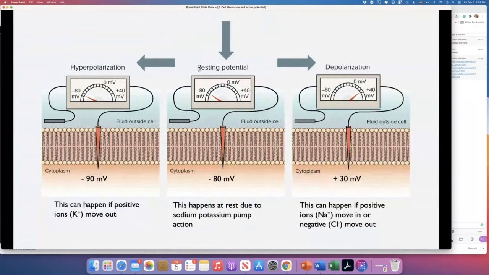And here we have a classic representation of how we measure the potentials in the cells. In the center we have the resting potential, resting membrane potential. Notice that here we have two electrodes. One electrode is inside the cell, in the cytoplasm, and this will measure the difference between the inner part of the cell and the outer part of the cell, which is the control. There is a difference in electrical potential or voltage of minus 80 millivolts, negative 80 millivolts.